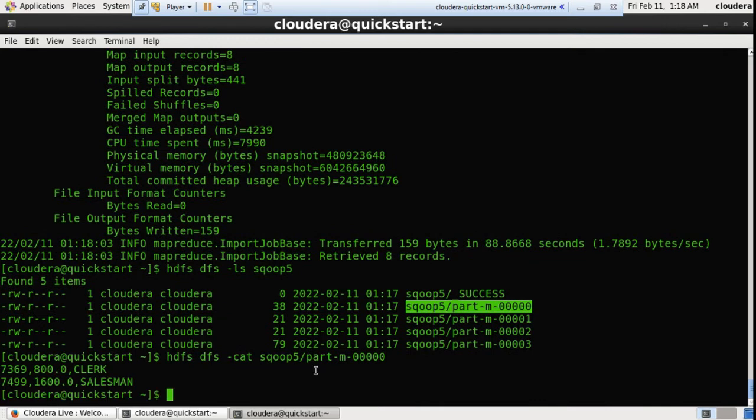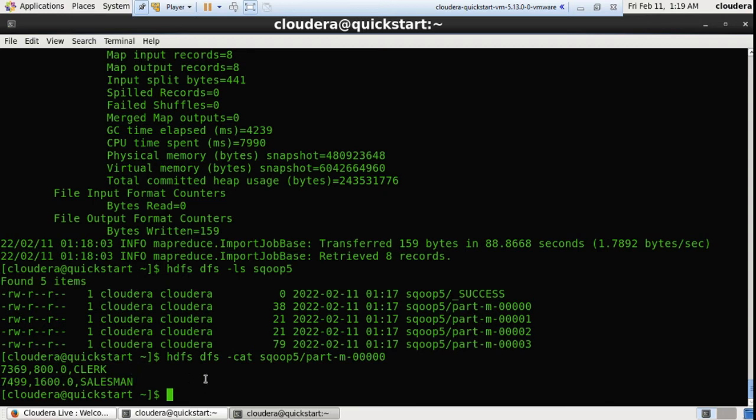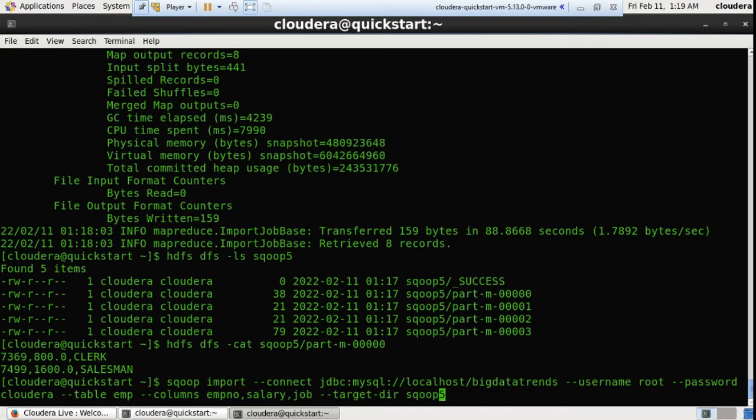See, we have imported only employee number, salary, job, right? So three columns only we can see in the output. Similarly, in the same way, along with the columns option, you can also implement a where clause. So this is the columns option, right? Here again you can add hyphen where clause,